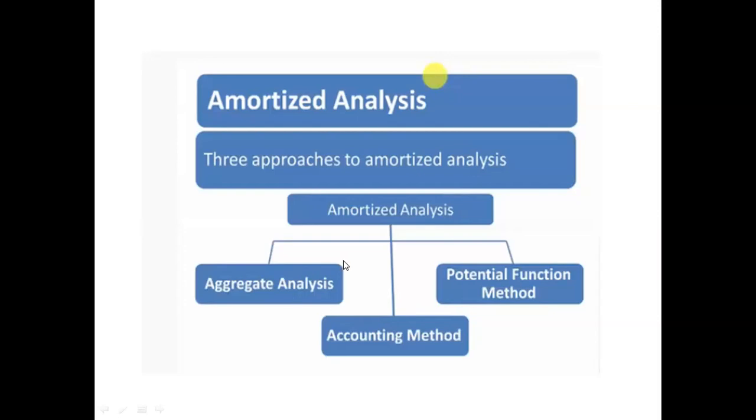So what is amortized analysis? Amortized analysis is where the time required to perform a sequence of data structure operations is averaged over all the operations performed. We use amortized analysis for the worst case, nothing but the average of all operations performed. In a data structure, we have to perform certain operations in sequence. Now we have to calculate the average of all these operations, then we identify the worst case.